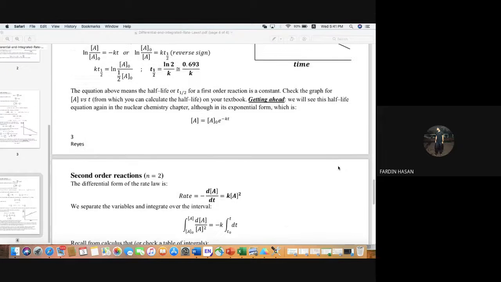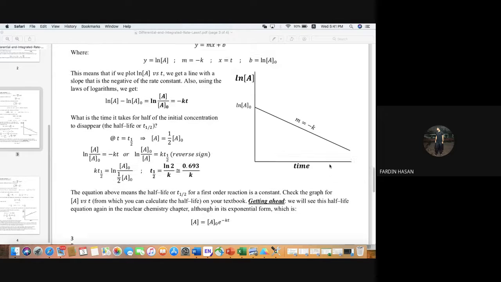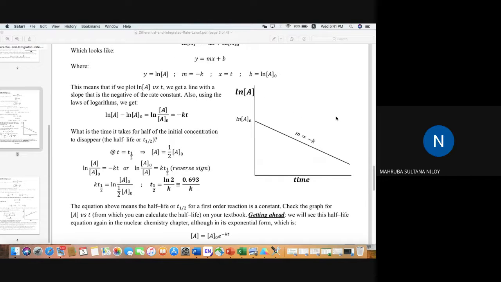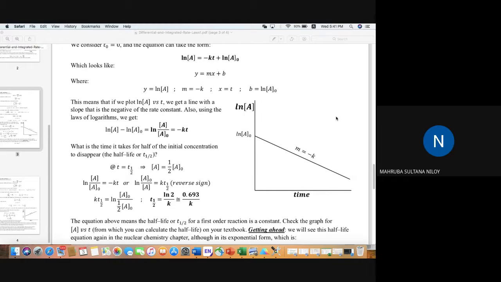Okay, this can also be written as A equals A naught e to the power minus kt, sir. Yes, we can write it like this. So if we convert ln into an exponential equation,